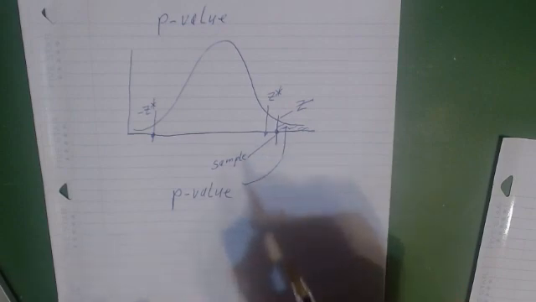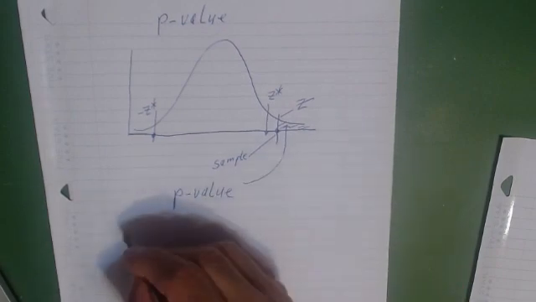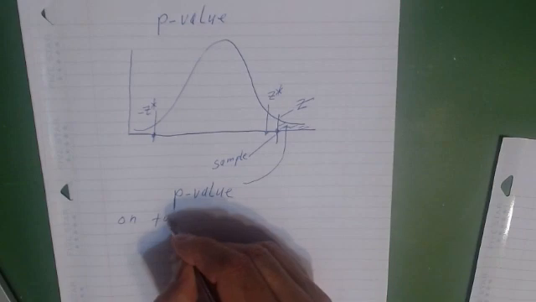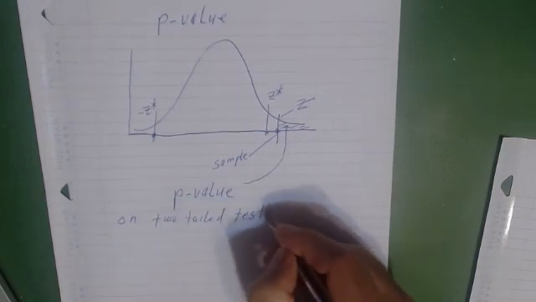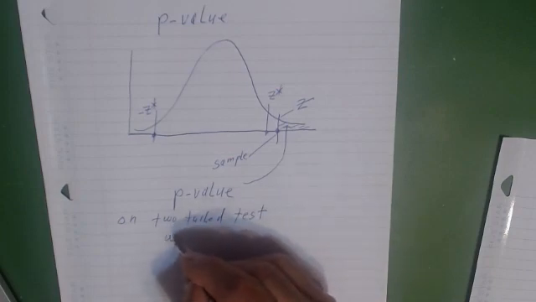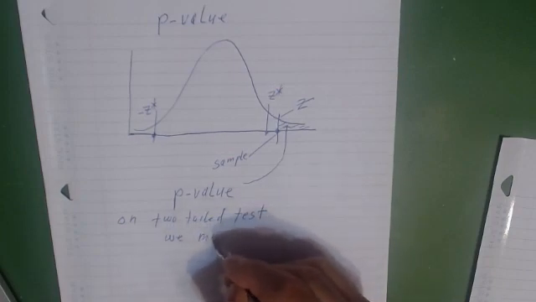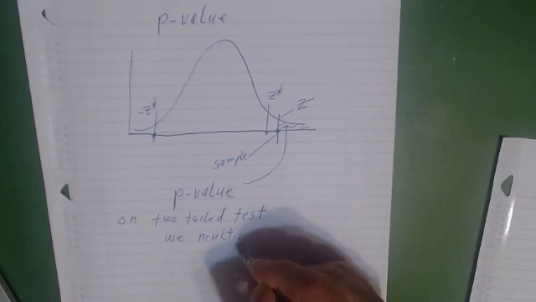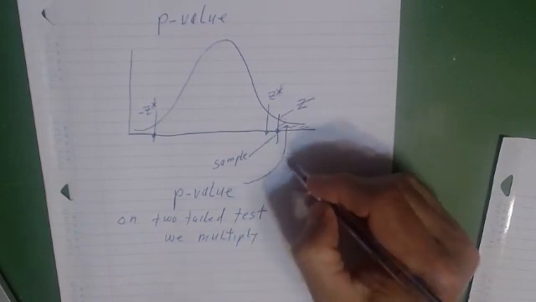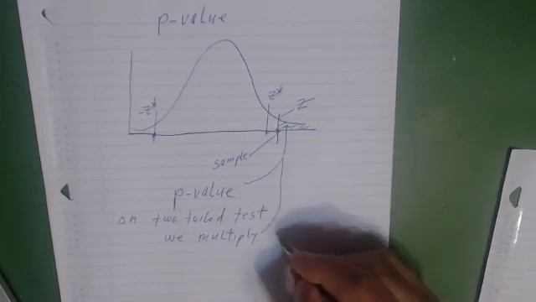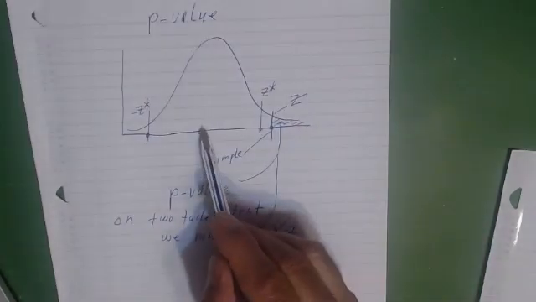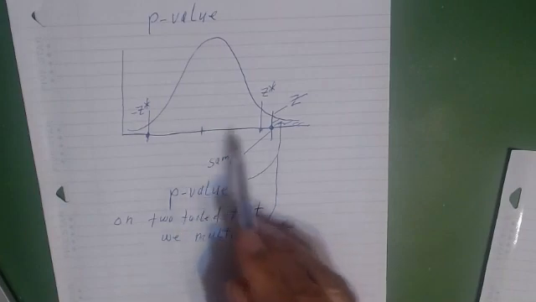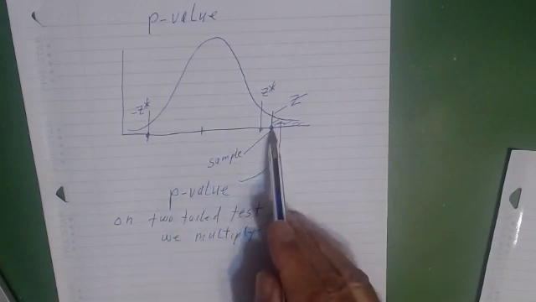But on a two-tailed test, we multiply this area times 2, okay? Because what you're saying is the probability of getting something this far away from the mean, or worse than that,